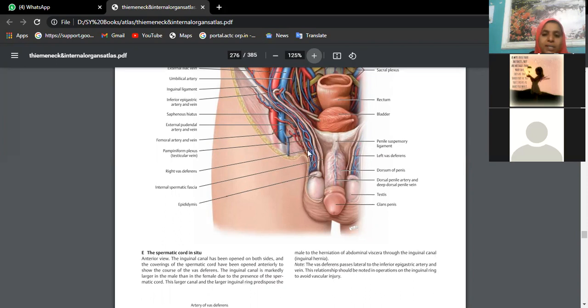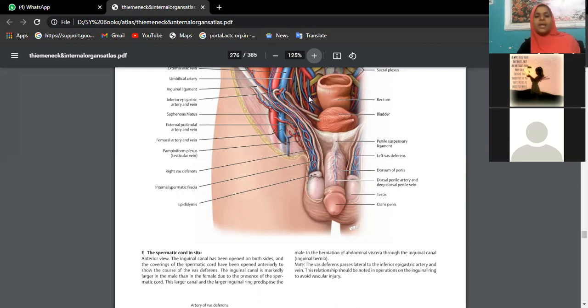So what is the clinical significance of the pampiniform plexus of veins? Whatever high temperature is there is collected by these veins. Actually it maintains the testis at a lower temperature. The temperature is maintained a little low because of the presence of this pampiniform plexus. Why do we require low temperature here? Because spermatogenesis is possible only if the temperature of the testis is below body temperature. That's how they are housed outside.